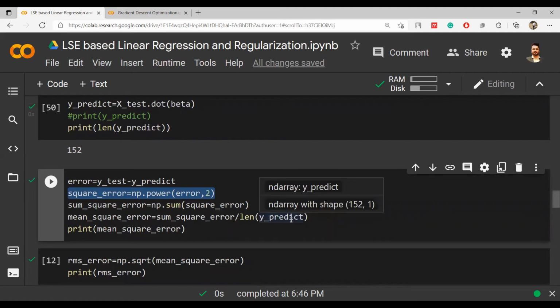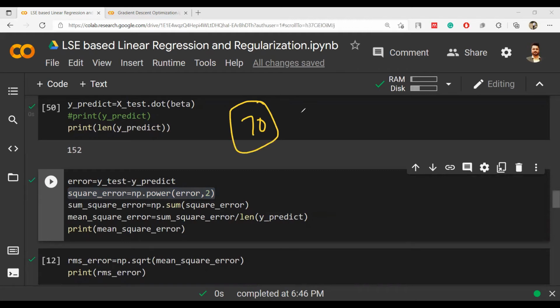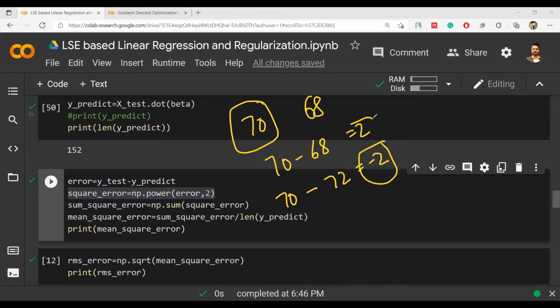अब देखो, मैंने उस दिन भी एग्जांपल दिया था, याद आ जाएगा जिसने भी लेक्चर अटेंड करा, इरशाद ने तो किया था। सो लेट्स से दैट वी वर प्रिडिक्टिंग कि किसी का घर का रेट है 70 लाख रुपए, और हमने जब उसको प्रिडिक्ट करवाया तो उसका प्रिडिक्शन में 68 लाख आया, तो वो 2 लाख कम आया, राइट? तो इस केस में एरर कितना हुआ, 70 - 68, इट इज 2 लाख रुपीज का गैप। लेकिन अगर हमारी प्रिडिक्शन में 72 लाख आ जाता, ठीक है, तो दैट एरर वुड हैव बीन -2 लाख।